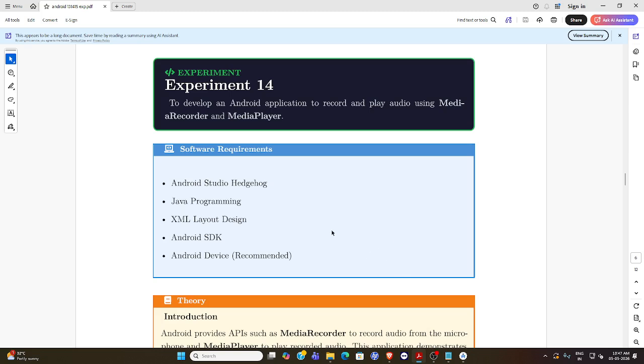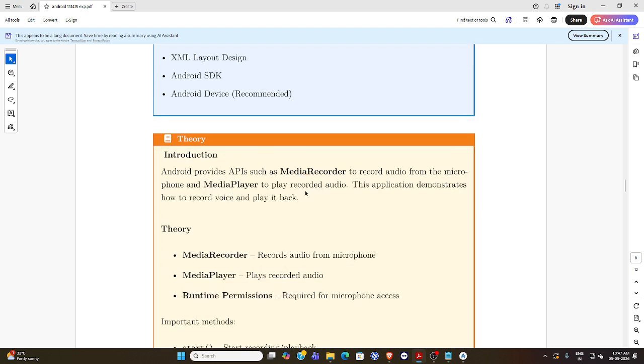So in this experiment we are going to record the audio and play the audio. For this purpose we are using two main classes. One is MediaRecorder, another one is MediaPlayer. The MediaRecorder class is responsible for recording the audio from the microphone, and the MediaPlayer class is responsible for playing